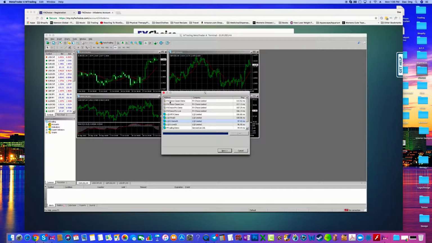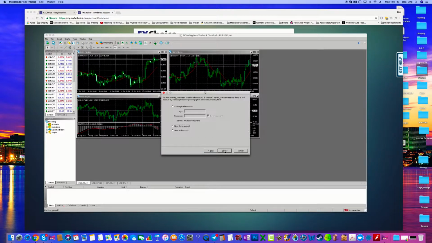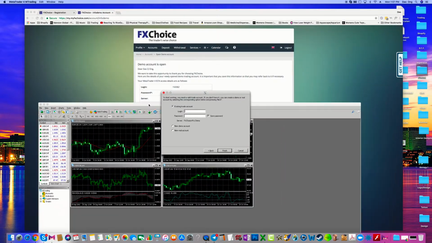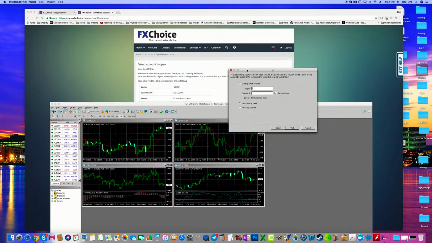Cool. So you'll see it pop up here, and we are on a pro account. So FxChoice Pro Demo. You would click that, click next, and then existing trade account. And this is where you plug in your information from your broker,